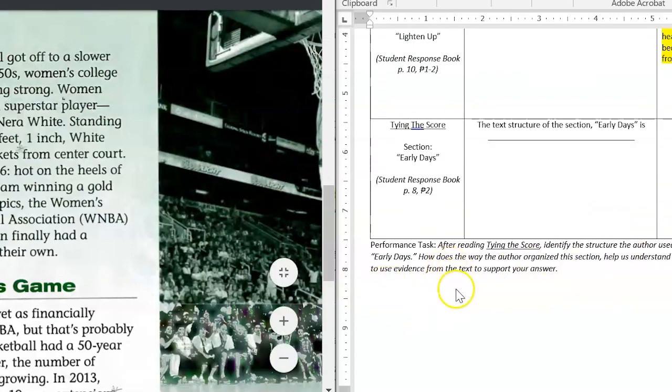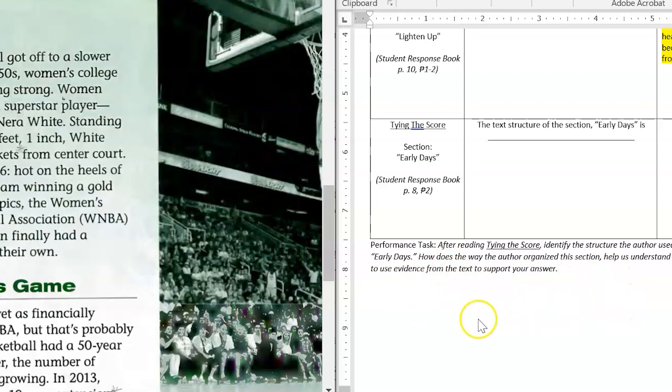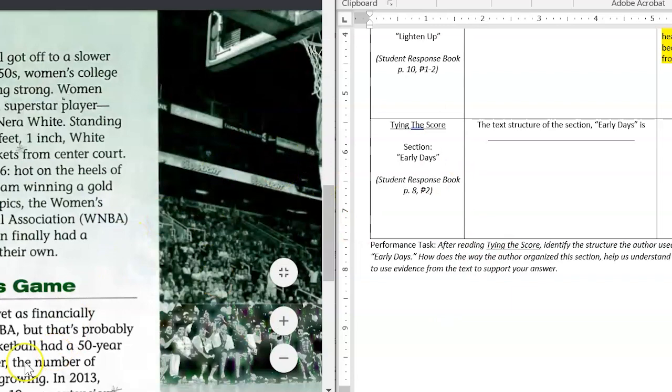So today, after you read that section Early Days with those 2 paragraphs, you are going to come right here to this section, and you are going to tell us the structure of the section Early Days. You can look back in your notebook at that anchor chart we created together. If you are having trouble remembering